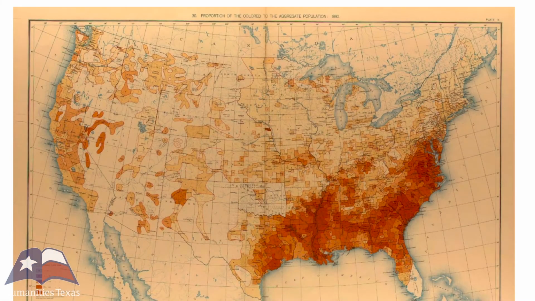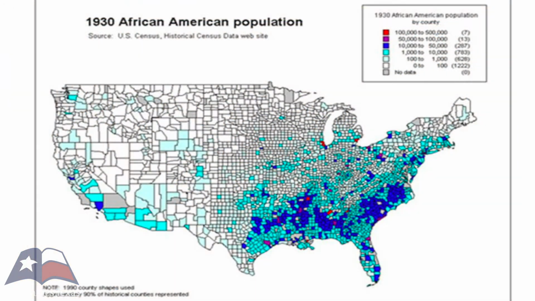This is something that shows the distribution of the African American population. I'm going to show you three images here. This is 1890, and again you can see heavy concentration in the traditional states of the former Confederacy. Here's 1930. It really hasn't changed that much as of 1930. Something like 75% of all African Americans in 1930 still lived in the states of the old Confederacy, and here